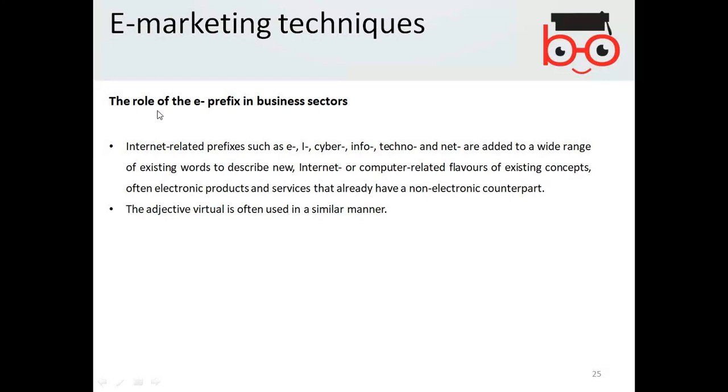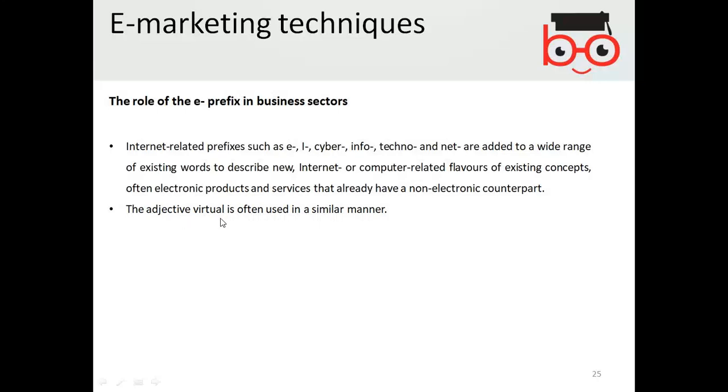The role of the E prefix in business sectors. Internet-related prefixes such as e-business, i-business, cyber business, info, techno and net are added to a wide range of existing words to describe new internet or computer-related flavors of existing concepts, often electronic products and services that already have a non-electronic counterpart.